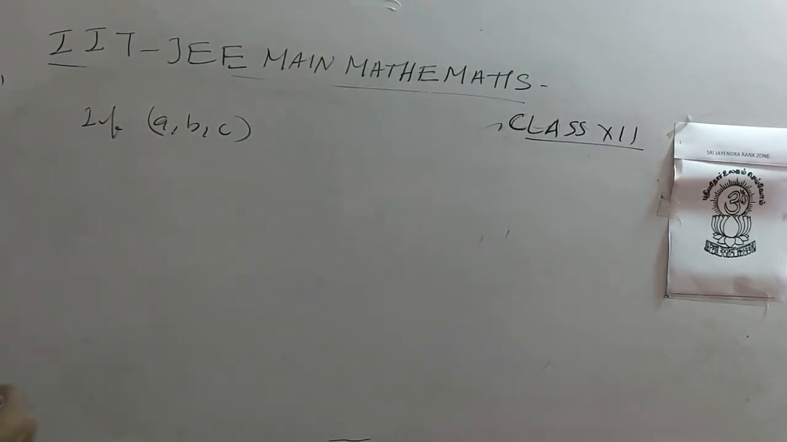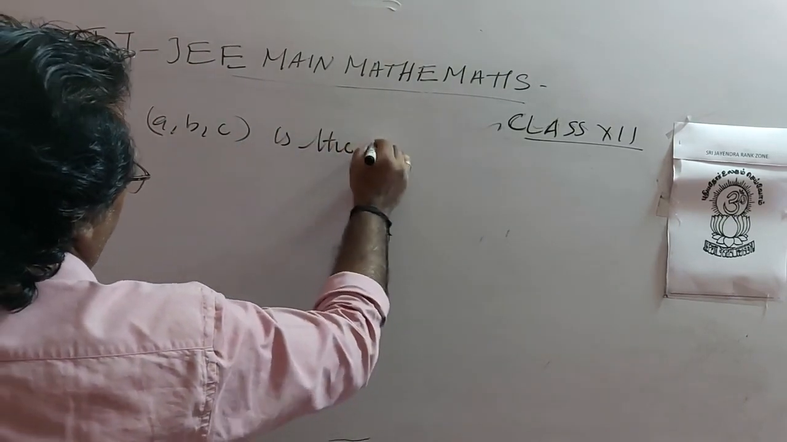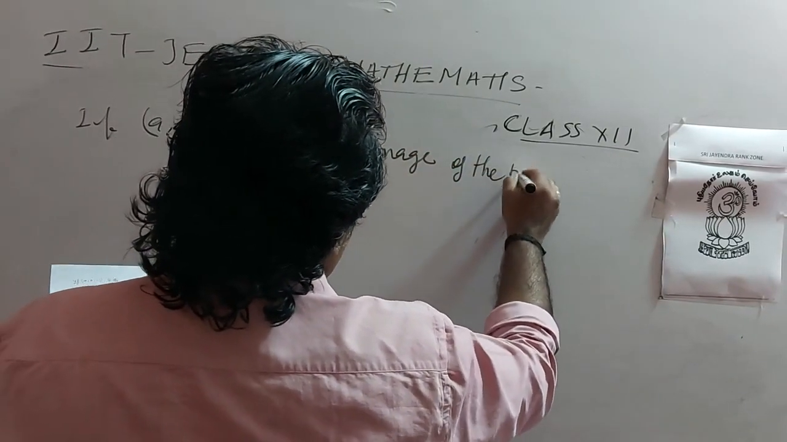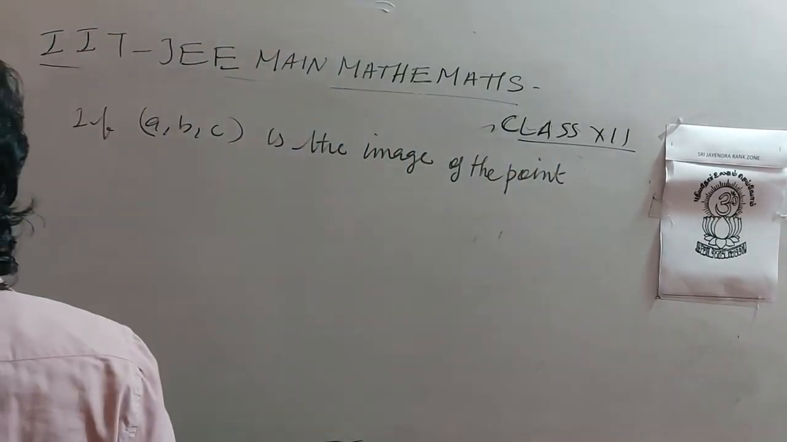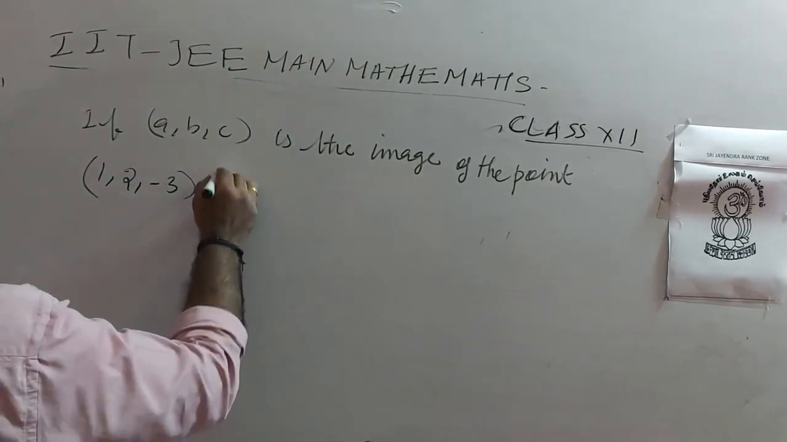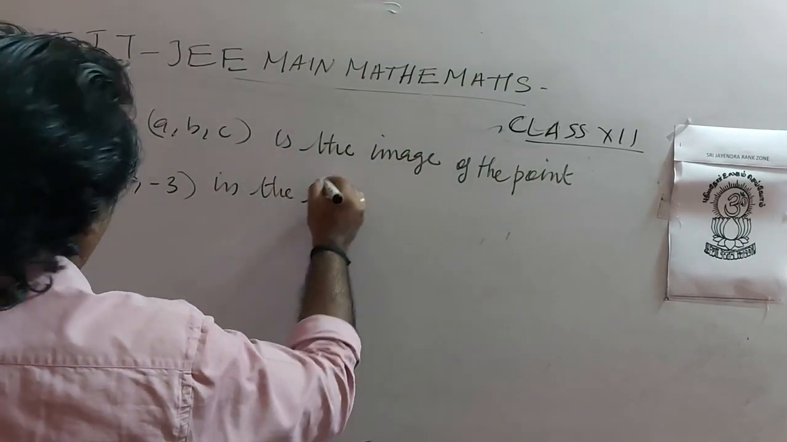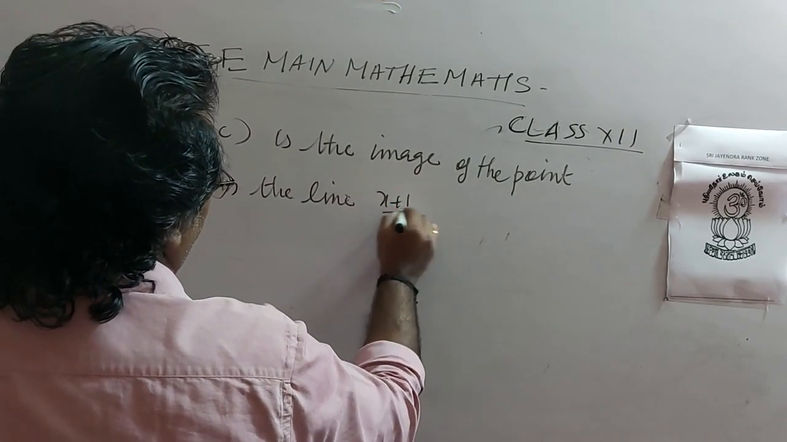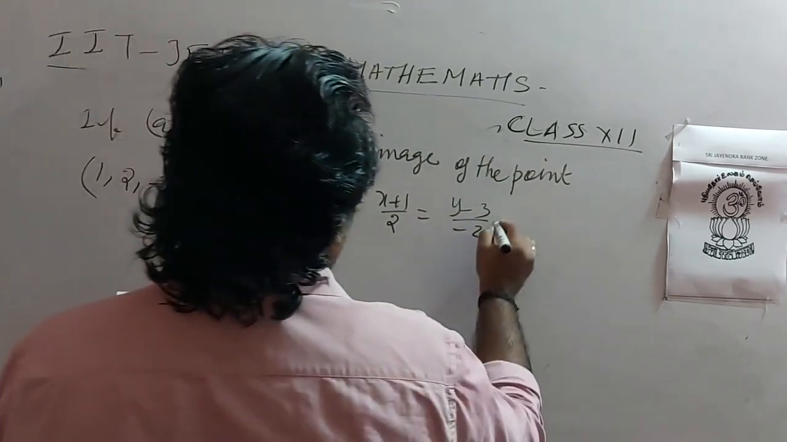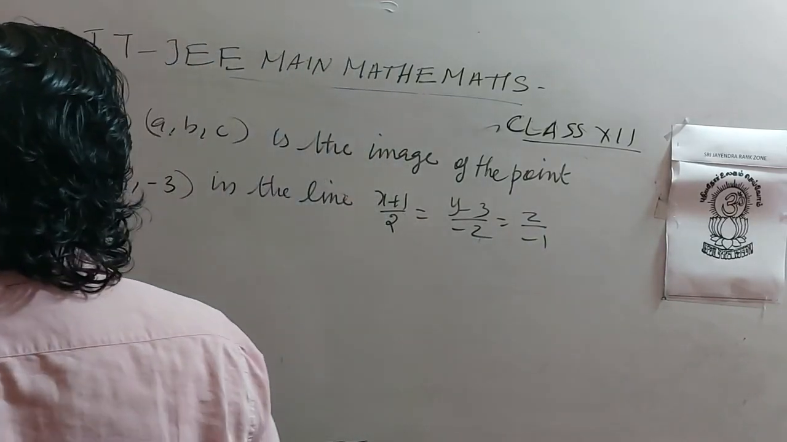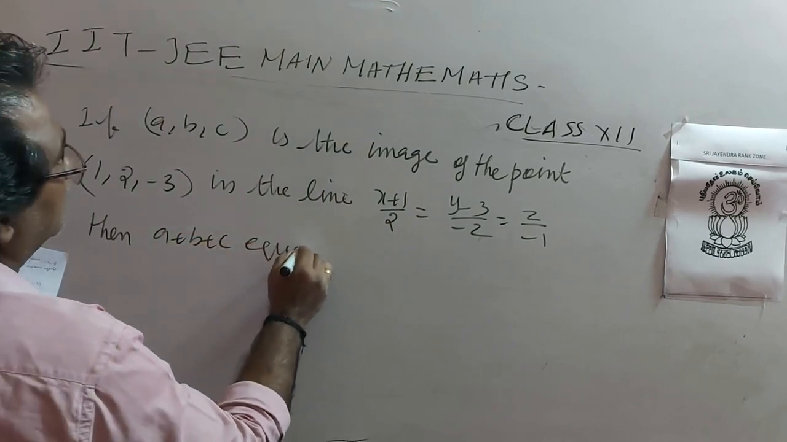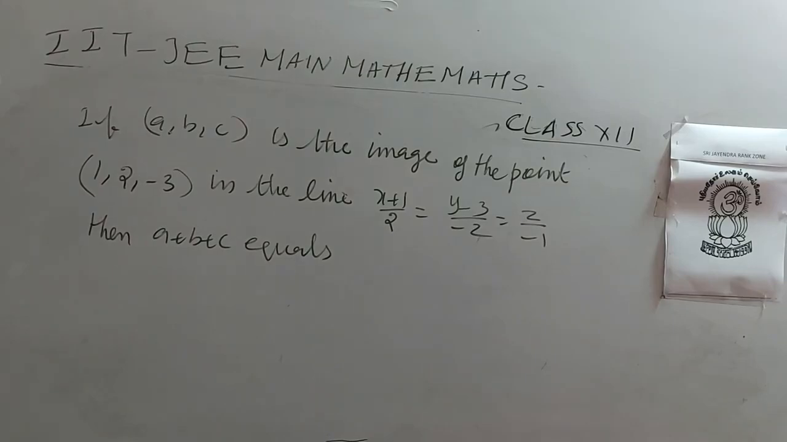If (a, b, c) is the image of the point (1, 2, -3) in the line (x+1)/2 = (y-3)/-2 = z/-1, then a + b + c equals to